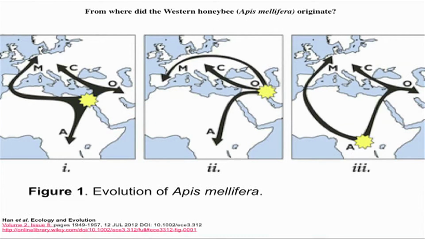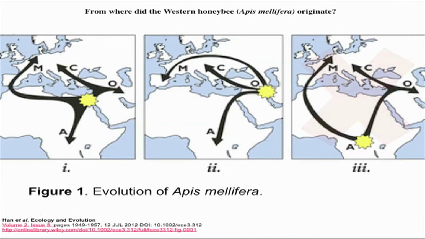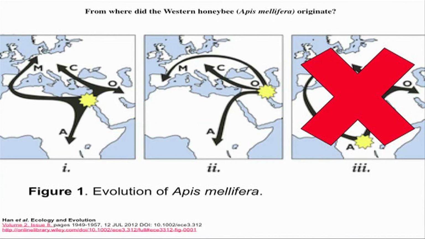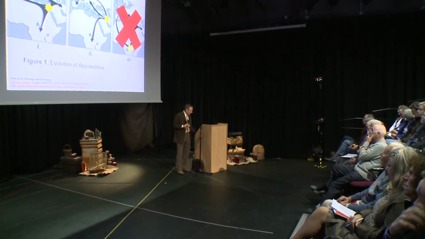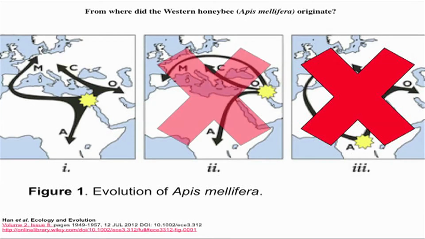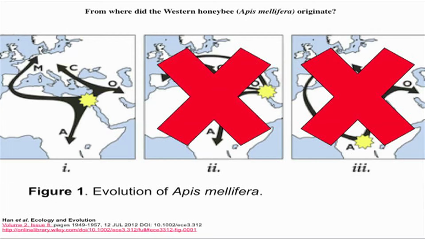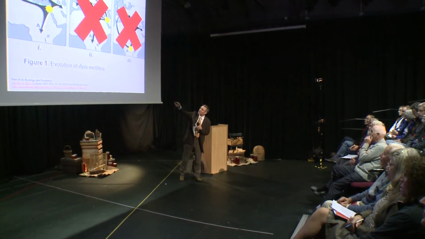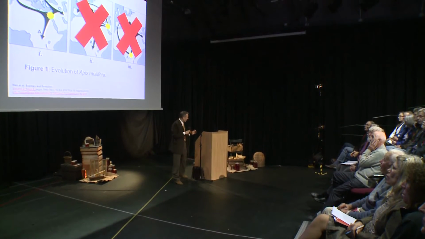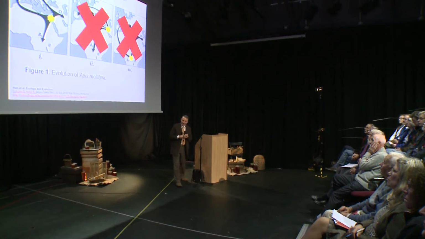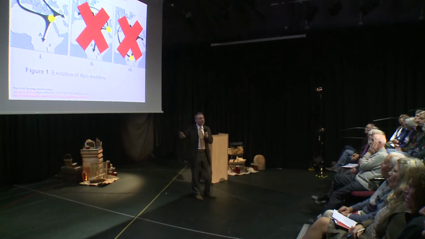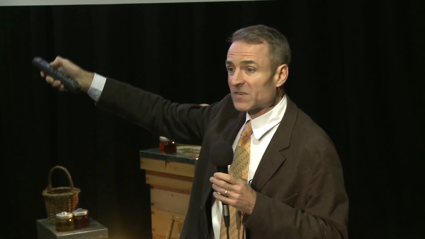So coming back to the original hypotheses, where does Apis mellifera and all its subspecies come from? Well, Matt Webster and colleagues have suggested the data don't suggest an out of Africa origin. That's a misanalysis of the 2006 data. And the hypothesis that Apis mellifera, our subspecies, came somehow through Asia also doesn't seem to be supported. More likely, the origin of the honeybee that we use, Apis mellifera, is in the Near East somewhere, in Asia.